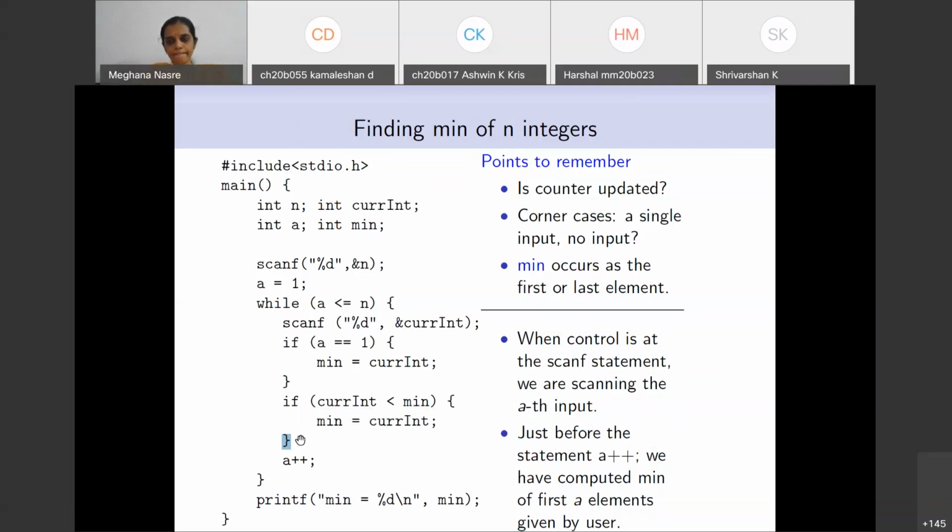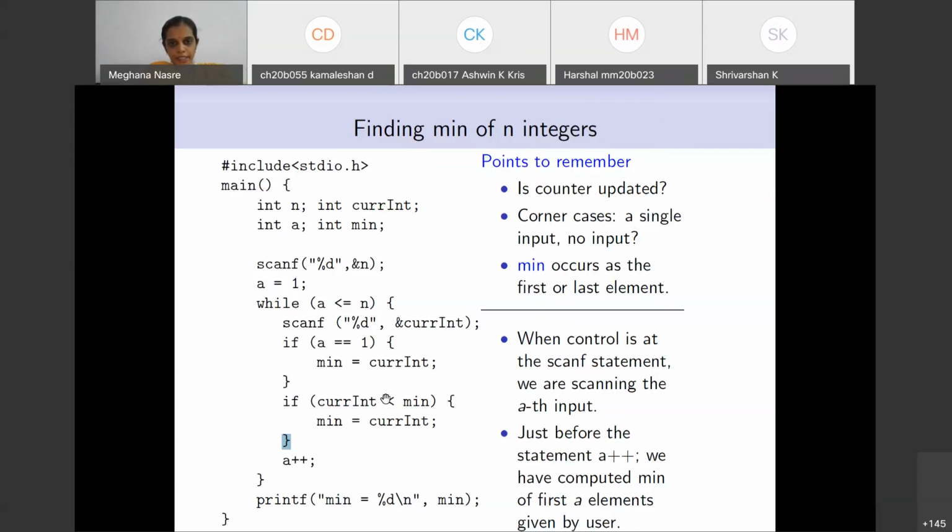Is that clear? Okay, ma'am. So there are two questions. One is, can we store it using an array and do all of this? You can store it in an array, but at the moment we have not introduced arrays. The second thing is arrays are not required. Not that we don't have the ability to define arrays, but it is not required. User is giving you inputs. You simply want to find the min. So you just require that one value, not all the values.